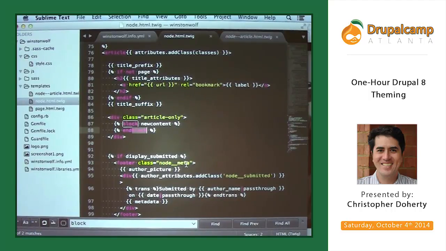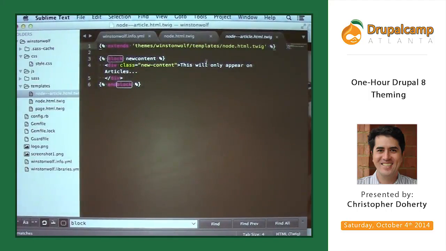I think it's only because of the presence of the extend. So the extend and block work together. Yeah, I didn't think about that. The only difference is really just the extend and the block tag there.